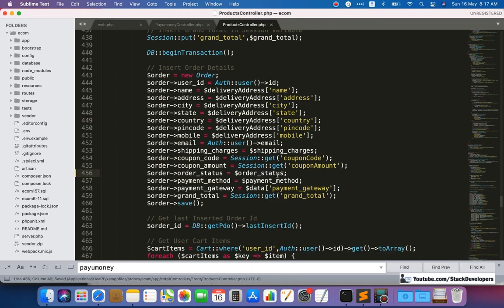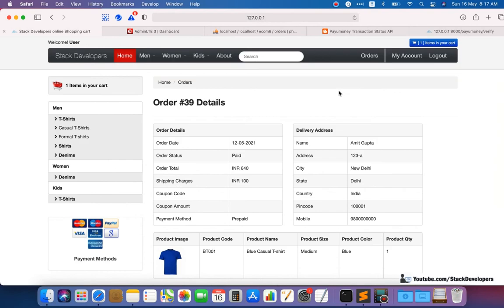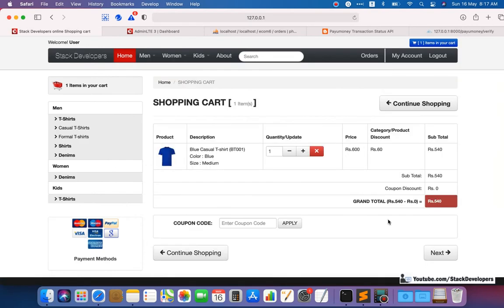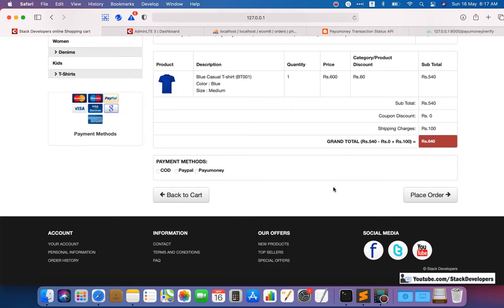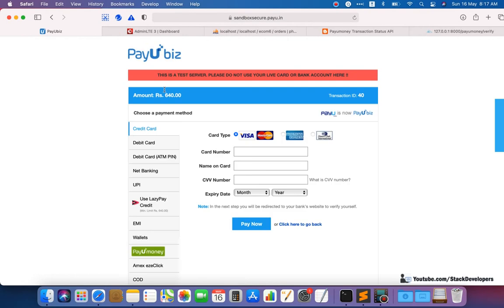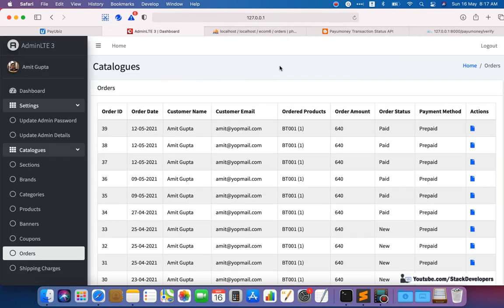Okay, so like if we are going to make one more order, like if I will make one more order here, suppose this one, PayUmoney, place order. So here see it is going to payment gateway, PayUmoney payment gateway. Now here if I will refresh, you can see the status is pending.